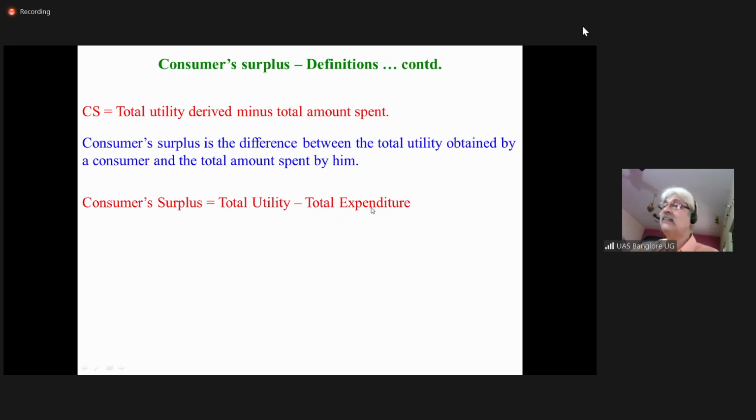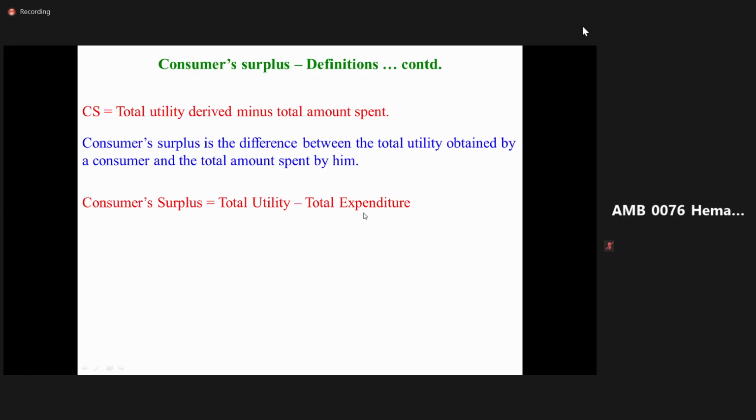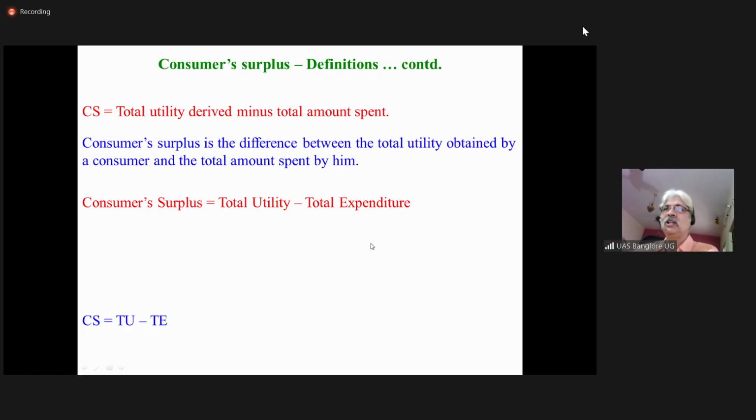And how do you calculate the total expenditure? To purchase one banana, you have to pay 5 rupees. Suppose you purchase 5 bananas. What is the total expenditure? How do you calculate? The number of bananas multiplied by the price of banana. One banana, it is 5 rupees. 5 bananas, it is 5 into 5, 25. So it is quantity into price. Summation of marginal utilities gives total utility. Multiplication between quantity and price gives you total expenditure.